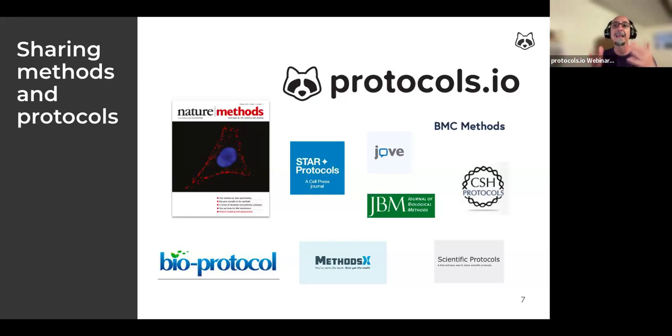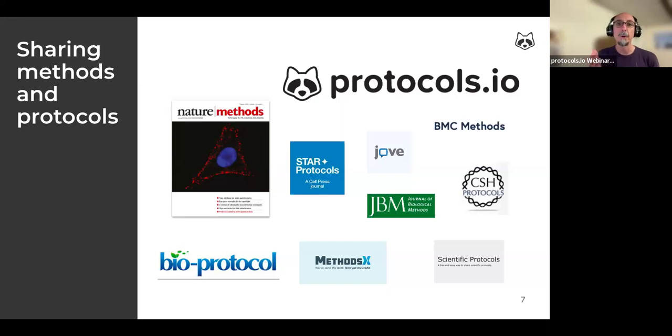Big publishers like Springer Nature keep expanding their portfolio of methods-centered journals, like Nature Protocols, 2 years after they launched Nature Methods, and they recently acquired us, Protocols.io. And Elsevier launched Star Protocols and Methods X. And there are some other independent initiatives like Jove, Bioprotocols, and some others.